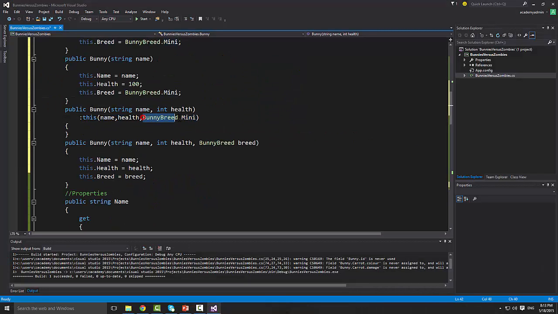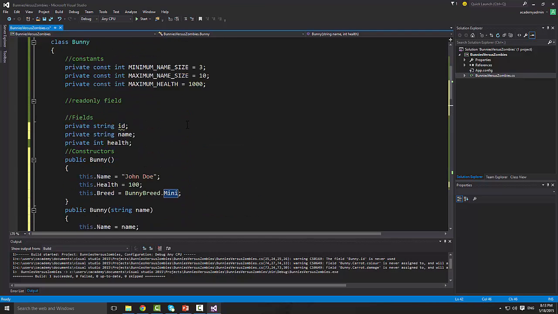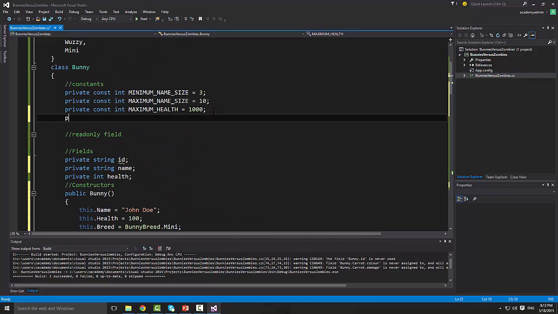So this thing has to be a constant, as some of you said. So let's make it one. Private const bunny breed default breed equals bunny breed dot mini. Okay,